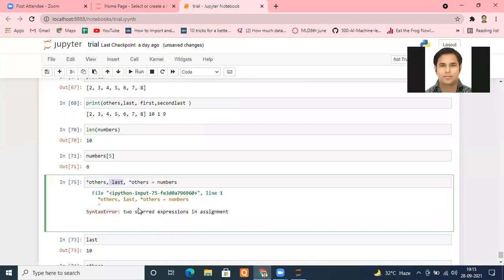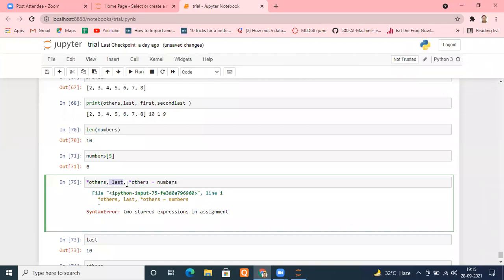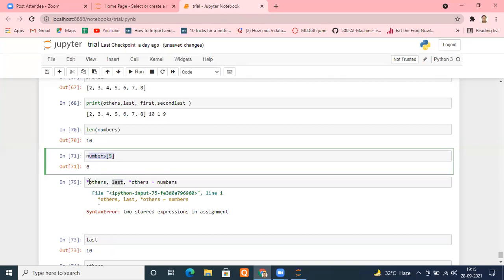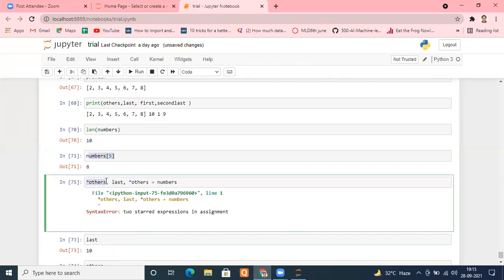They have not defined this star operator this way. How will it guess which element you are talking about? Is it first element or second element or third element or fourth element or sixth element? This is not possible. That's why only one others is possible. And because one others is possible, you can understand yourself. Directly getting middle is not possible. Is it fine, Harris? Directly you can't access it, but some other ways you can access it. That example we did this way, because only one others is possible. More than one others is not possible.